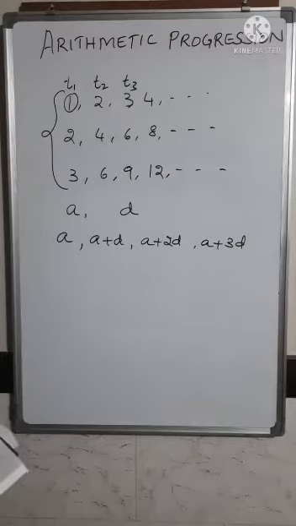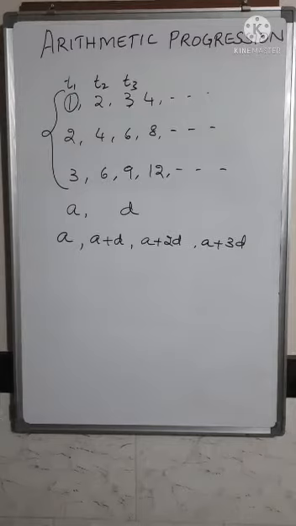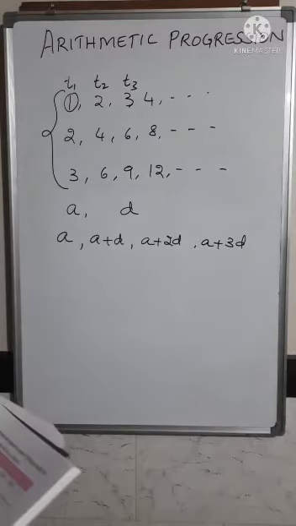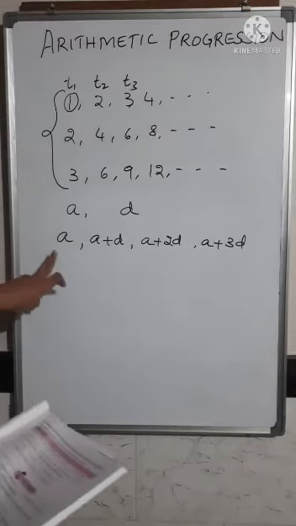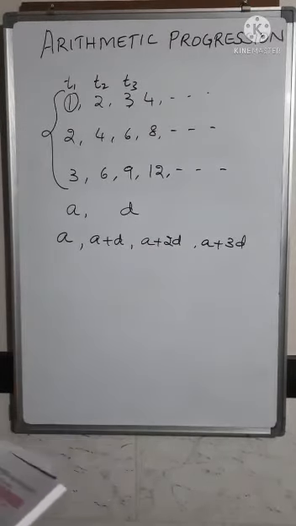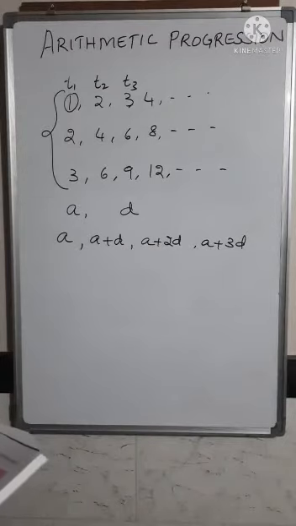Now on page number 59, there is a box, so you can just remember that. In a sequence, if the difference is constant, the sequence is called an arithmetic progression. The second point, in an AP, the difference between two consecutive terms is constant and it is denoted by the letter D. The difference D can be positive, it can be negative, or it can also be 0. The fourth point is, in an AP, if the first term is A and the common difference is D, then the terms of the sequence are given by A, A plus D, and so on. Those are the few points which they have summed up together and written in the box.